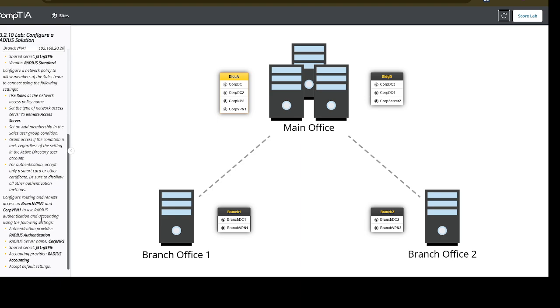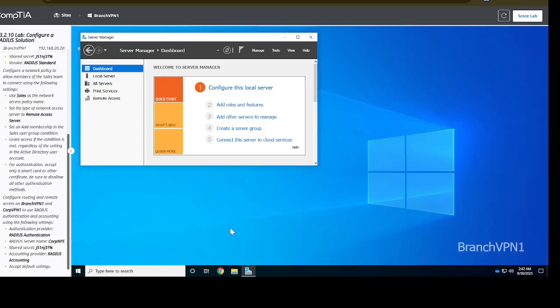Okay, fourth step. So use cells as a network. So configure the routing and remote access on branch VPN 1 and COP VPN 1. So we need this. So let's start with branch VPN 1. So branch VPN 1, we select tools,